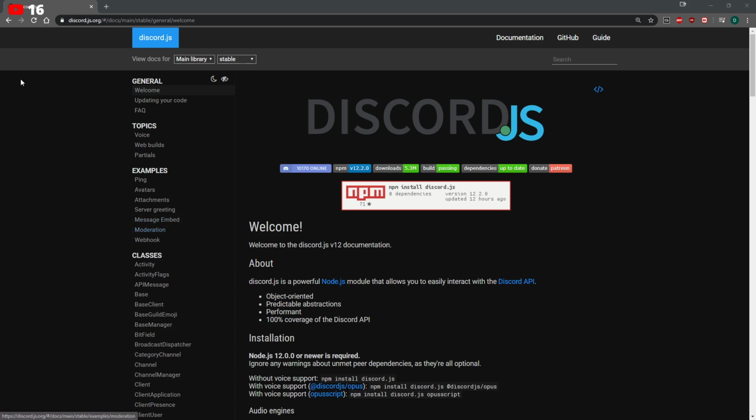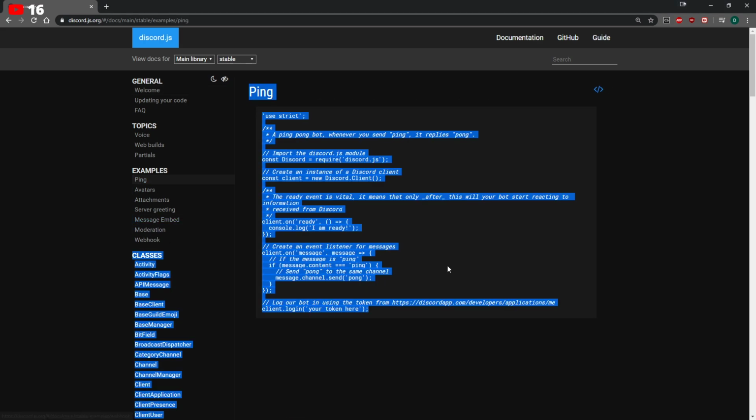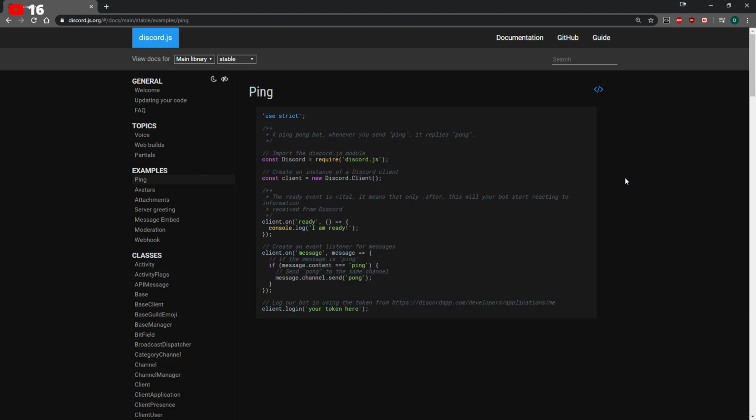Let's say, assuming that someone knows the very basic things, if the library itself is documented really well, they'll have a lot of stuff, like examples. Let's say you wanted to get all of the members in a guild. The first thing you should ask yourself is, how would I get the members in a guild?